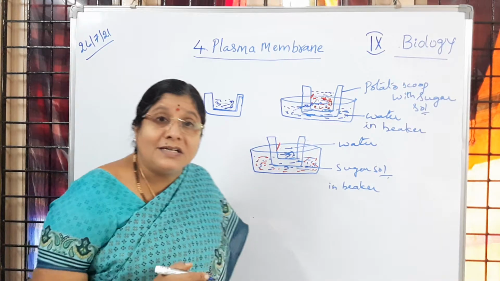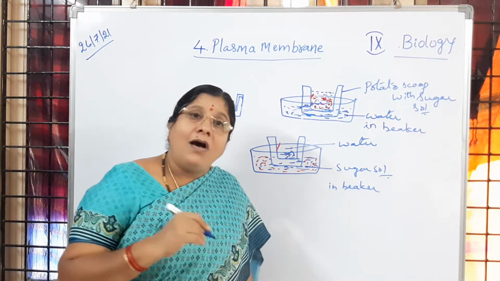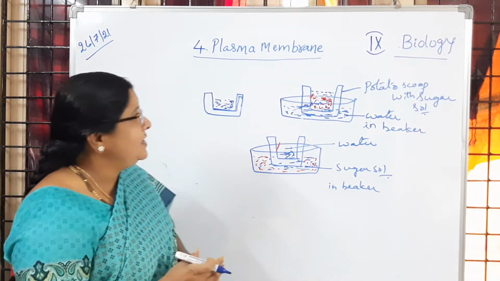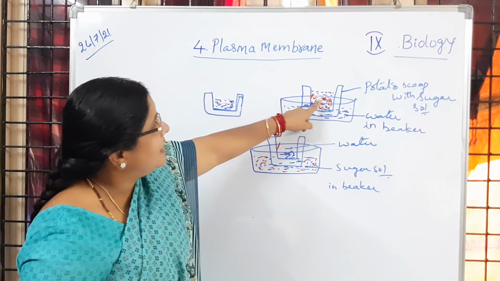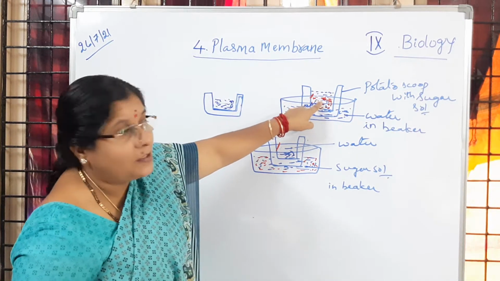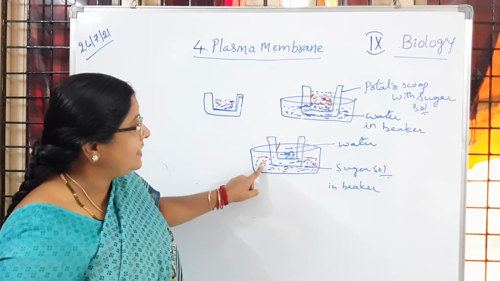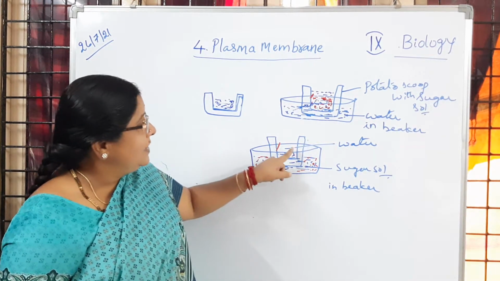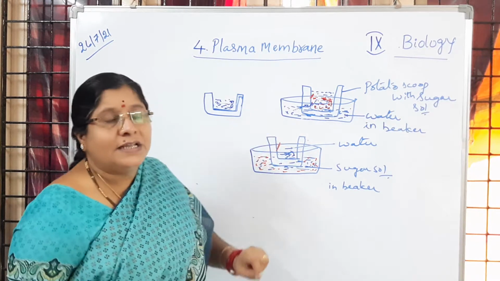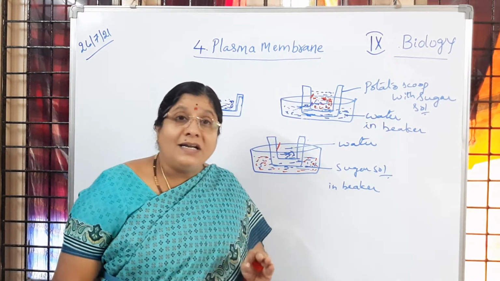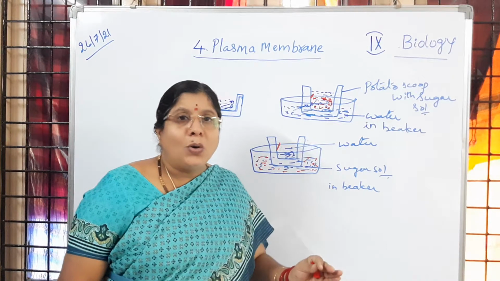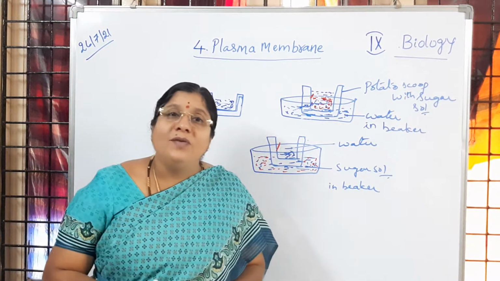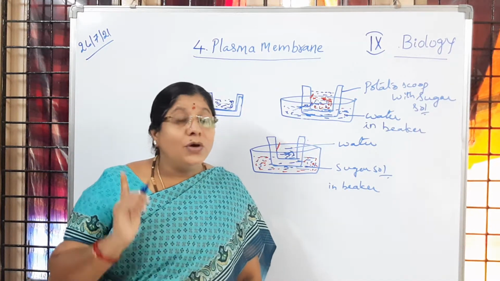Which one has the higher concentration here, the water or the sugar solution? Already we learned about saturated sugar solution. In the first one we have taken saturated sugar solution in the potato scoop, whereas in the second activity we have taken saturated sugar solution in the plate. In both, water is taken. So water is at a low concentration level and the sugar solution has a higher concentration. That you have to remember.